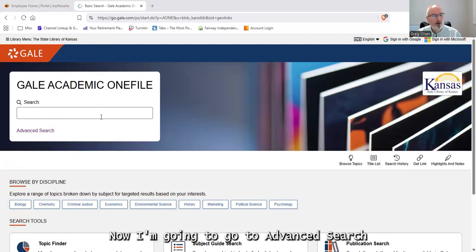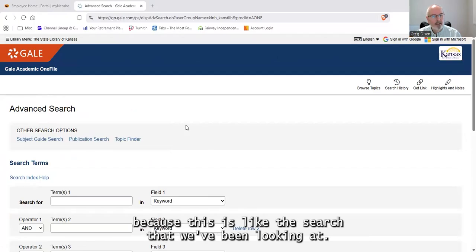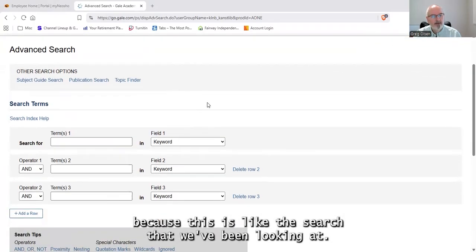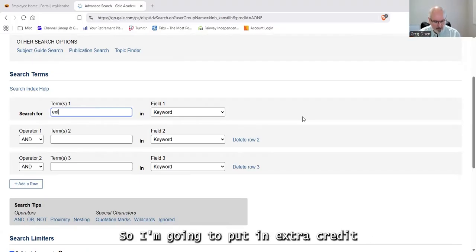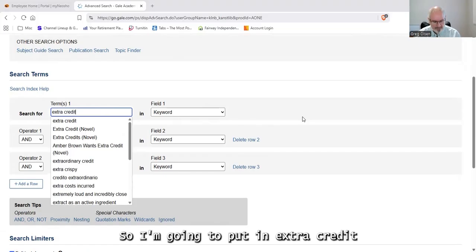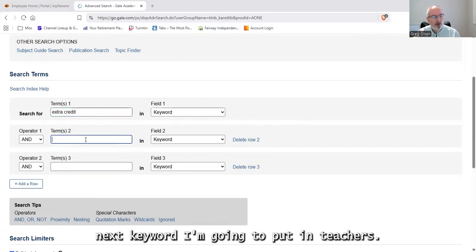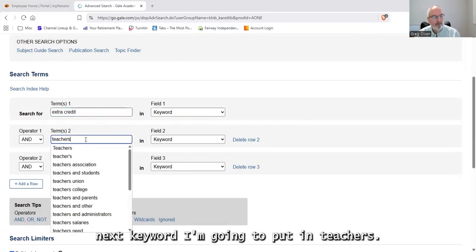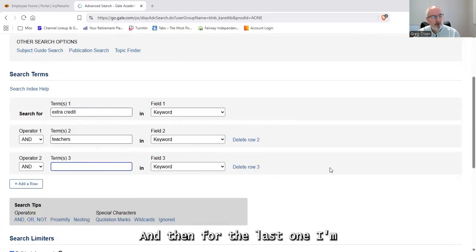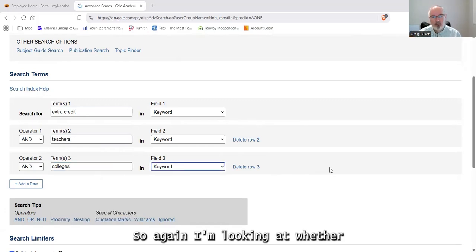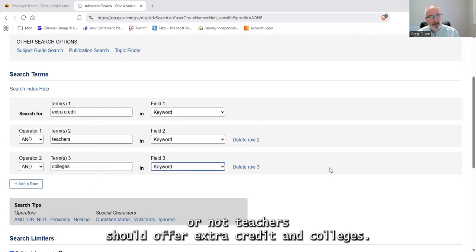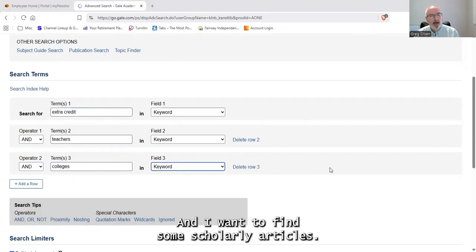Now I'm going to go to advanced search because this is like the search that we've been looking at. And if I put in a few keywords, I'm going to look at extra credit again. So I'm going to put in extra credit. For the next keyword, I'm going to put in teachers. And then for the last one, I'm going to put in colleges. So again, I'm looking at whether or not teachers should offer extra credit in colleges, and I want to find